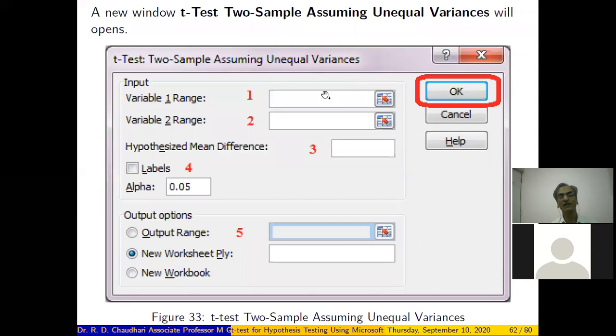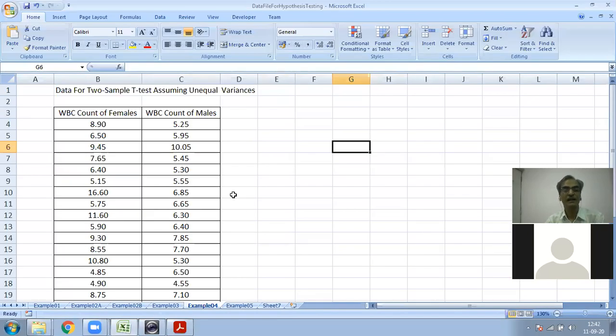It will open a new pop-up window for the t-test two sample assuming unequal variances. Just specify the range for variable 1, range for variable 2, hypothesized mean difference, labels, alpha, that is the level of significance, and the output range. Let us see how to perform this in Excel.